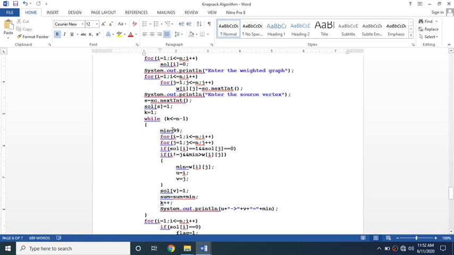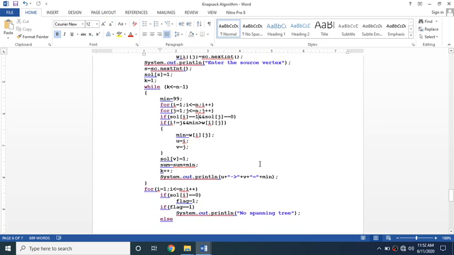Then next, minimum is 99, because we need to find the minimum, which means we need to start from the maximum. To find the maximum value, we initially initialize with the value 0, and it's the same thing here. So in order to find the minimum, first I assume that 99 itself is the minimum, then I try to find the minimum value. Okay, fine. So next, within the two for loops,